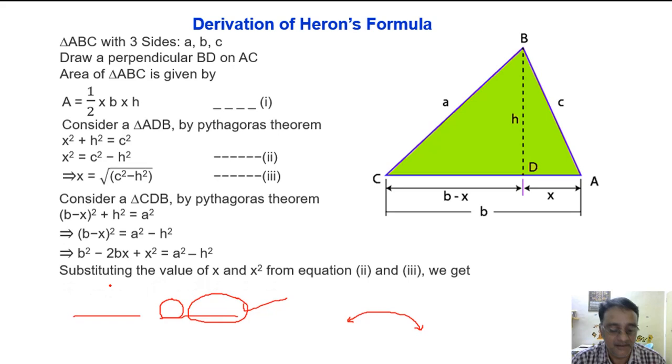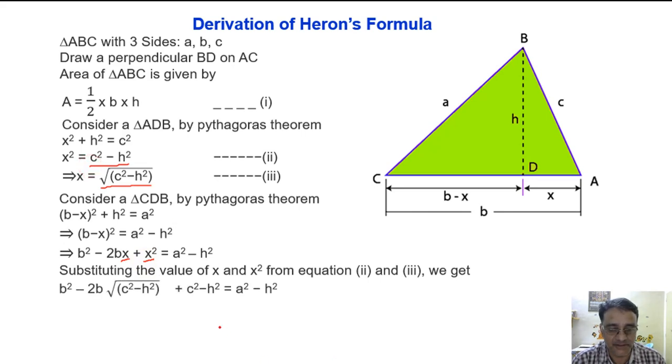From here, yes. In place of x, you substitute root over c square minus h square, and in place of x square, you substitute this one. So this is the substitution, and this 2 will be cancelled. Okay, actually we should not cancel like that. We have to shift to this side, it will become plus h square. फिर वो दोनों को cancel कर सकते हैं. So we will use word eliminate. Okay, we can eliminate these two. Whether this is clear? जो अभी डाउट पूछे मैं उनसे पूछ रहा हूँ, whether this is clear?